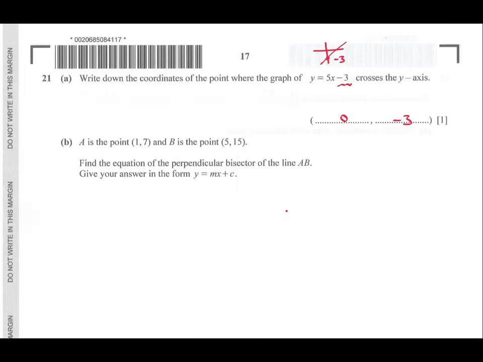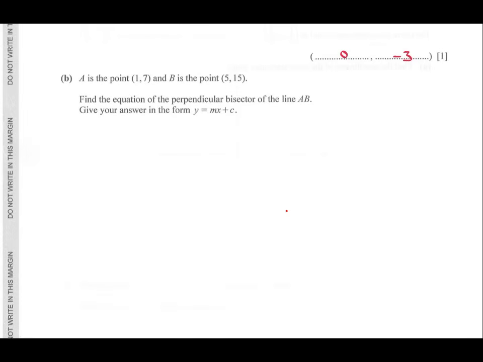A is the point (1, 7) and B is the point (5, 15). Find the equation of the perpendicular bisector of AB. What is the meaning of the perpendicular bisector of AB? The perpendicular bisector of AB, we have a line